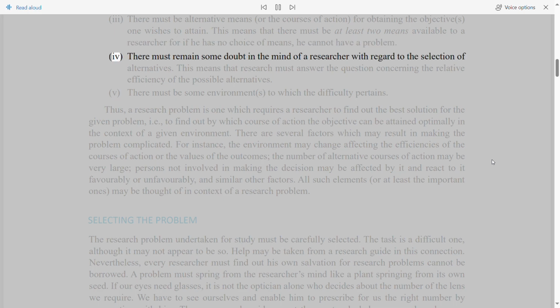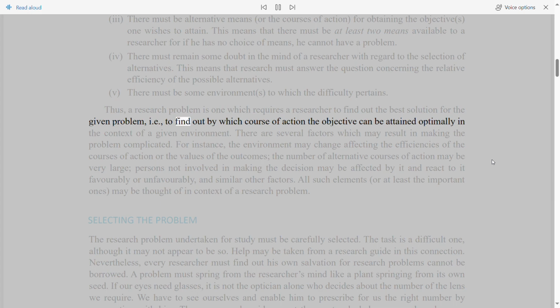4. There must remain some doubt in the mind of a researcher with regard to the selection of alternatives. This means that research must answer the question concerning the relative efficiency of the possible alternatives. 5. There must be some environments to which the difficulty pertains. Thus, a research problem is one which requires a researcher to find out the best solution for the given problem,